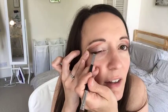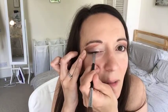So I'm gonna grab some more. I feel like I actually missed my eye a little bit right there. Let's try that again. Oh, there you go. You guys see that now? I didn't actually at that time have enough dampness on my brush. So this will go on damp, and it'll almost, see, there we go. That's what we wanted. It'll go on damp, and then it will dry just into the pigment, and it stays